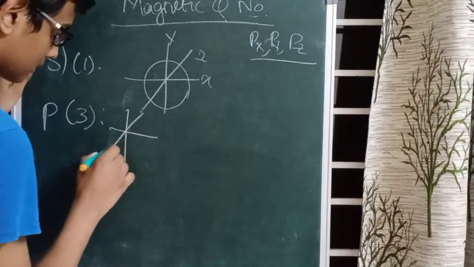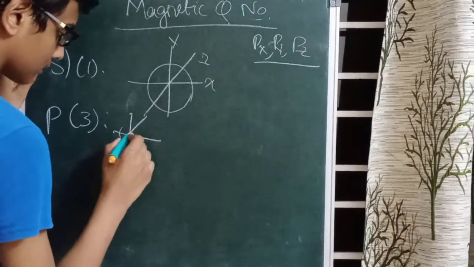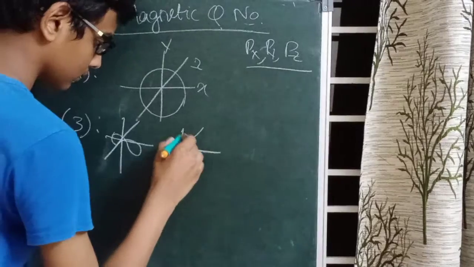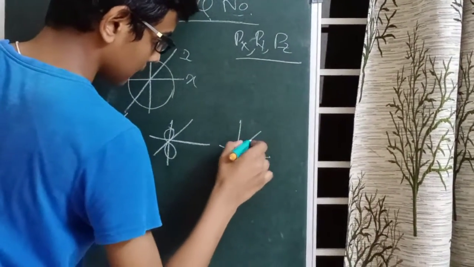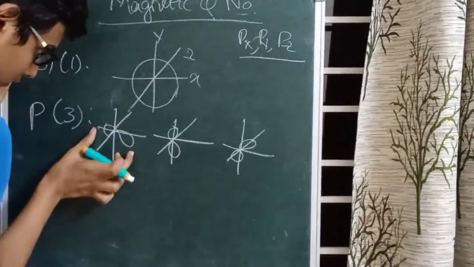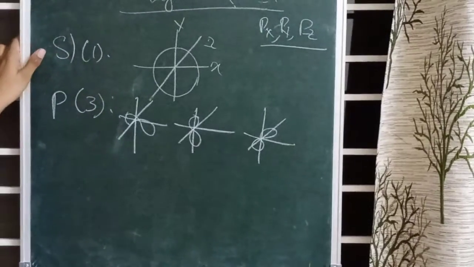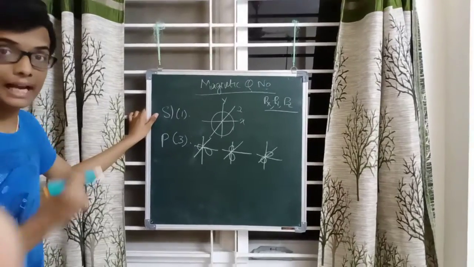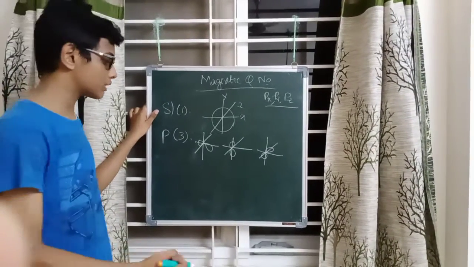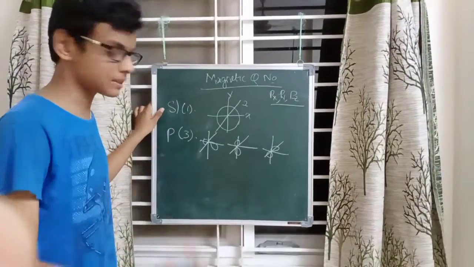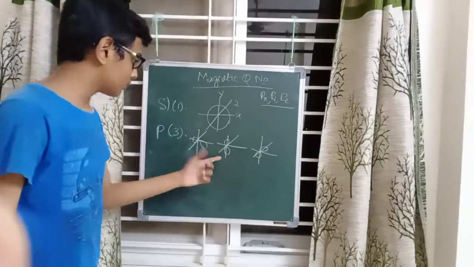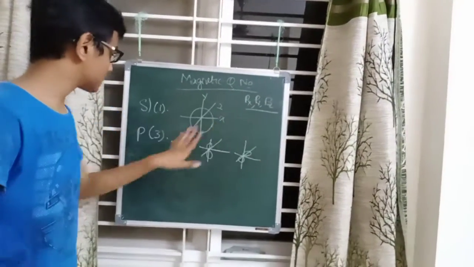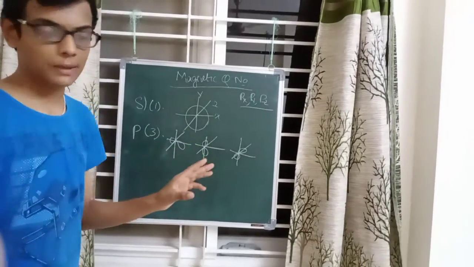Let's represent it. Px, Py, Pz. This shape has a certain name. This shape is known as a dumbbell, the kind that is used for exercise. In gyms, you generally see dumbbells. These 3 shapes look similar, but are arranged along different axes. This shape is known as the dumbbell shape.